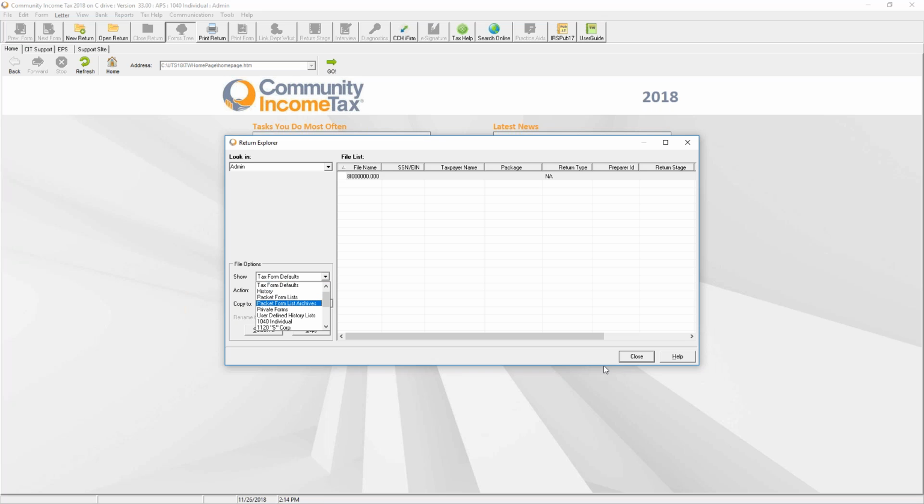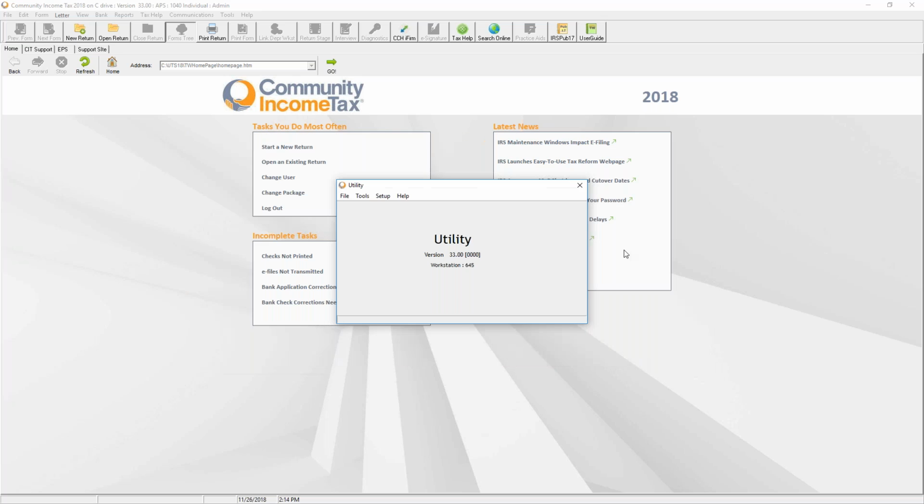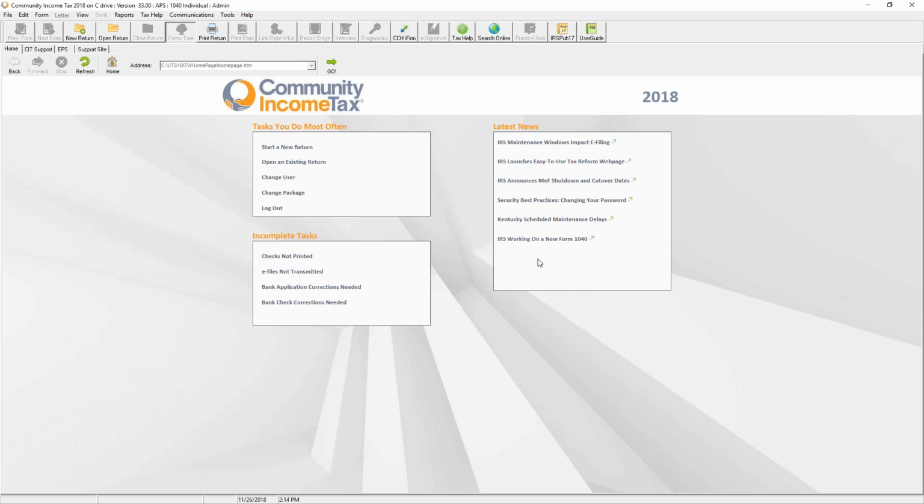So once I've done this and I can close it, I can go back into tax form defaults and edit it for a different user. I would just have to go through the process of moving it over to the other user that I want it for. Once that's done, then